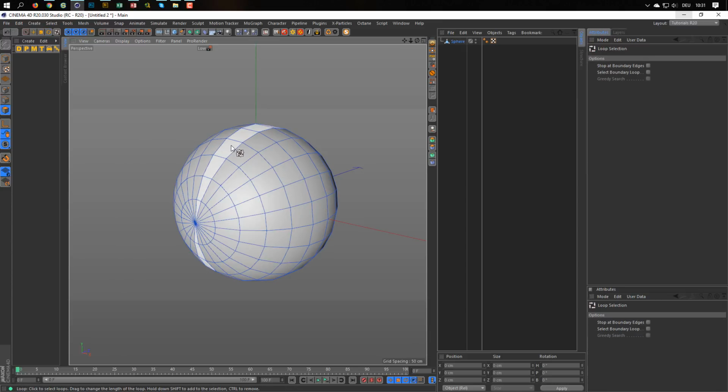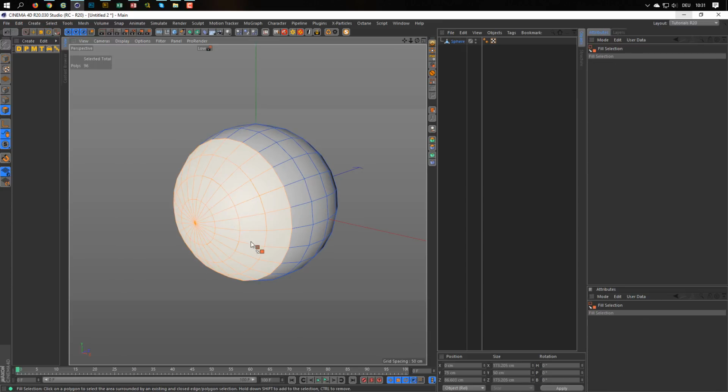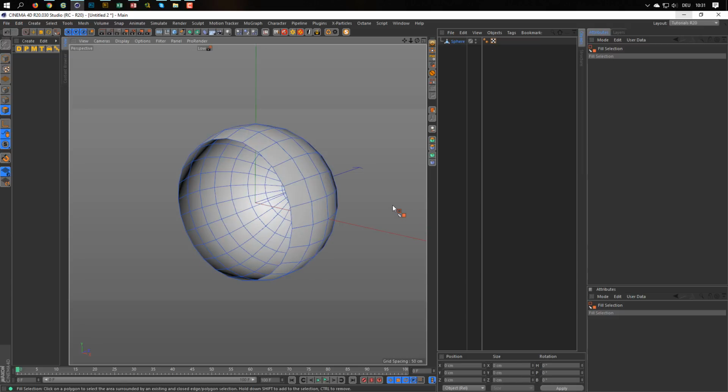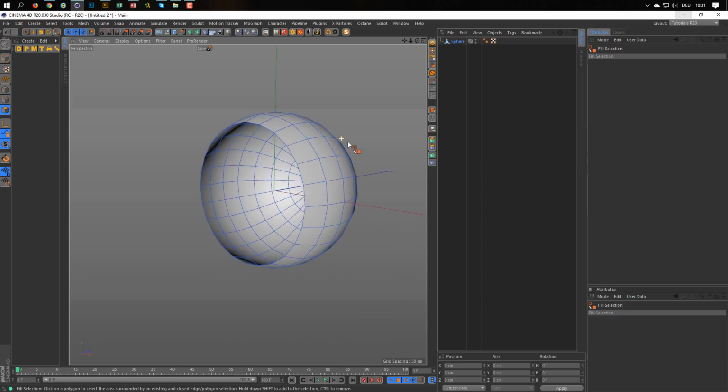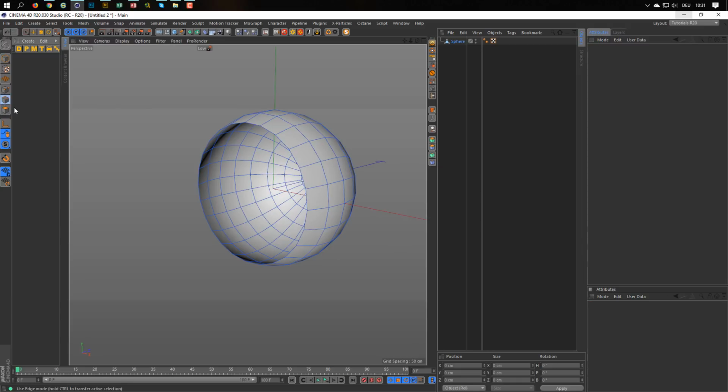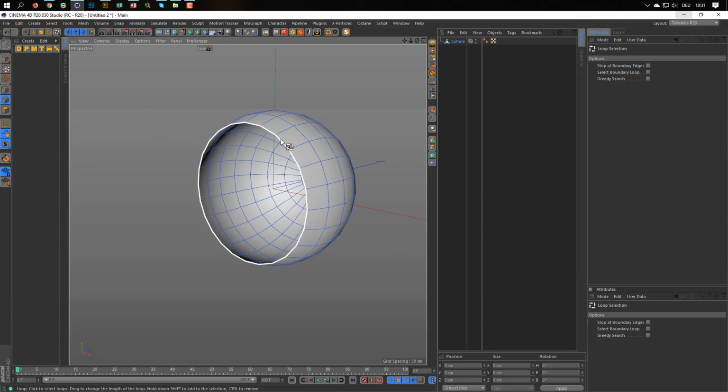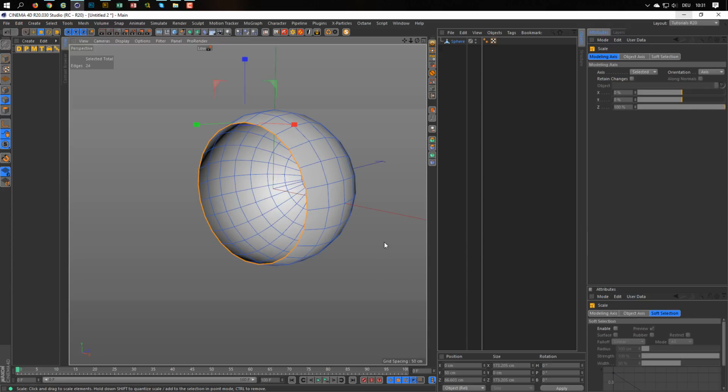With UL I make a loop selection here, and UF I fill the selection, and I delete these polygons here. Now edge mode, UL, and now T for scale, and hold your control key and scale down.